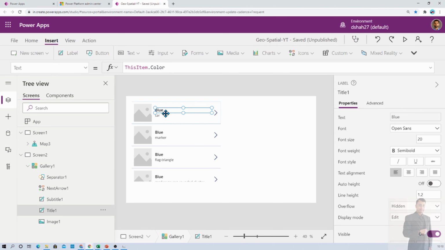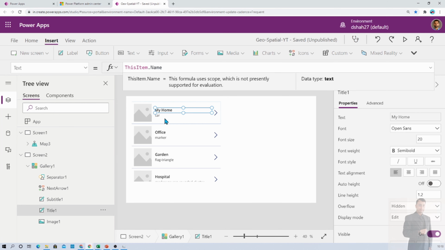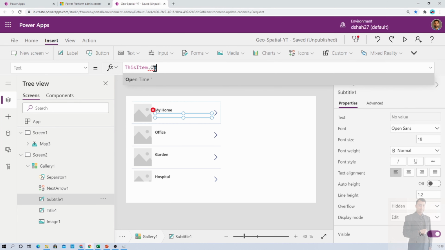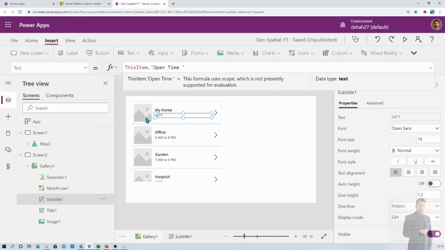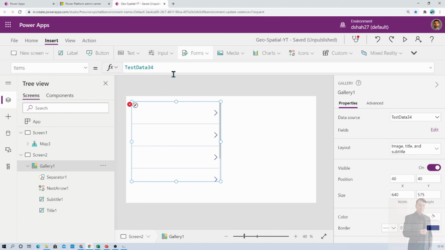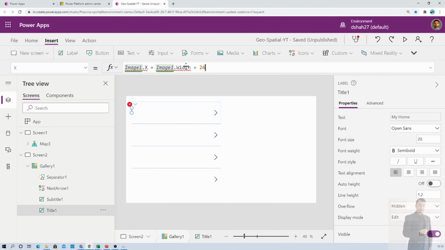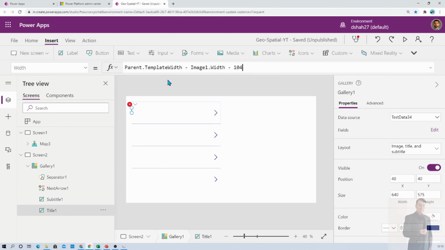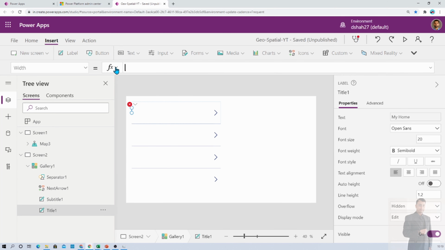So basically here I just wanted to show the name of this particular location. So I'm selecting this item dot name, and now here I just wanted to show this item dot open time, right? And I just wanted to remove sample image from here. So I'm just removing this image from here, and now it is throwing me some error. So let's edit that and remove these different properties. So I'm just removing this property. Still edit here and remove this property,